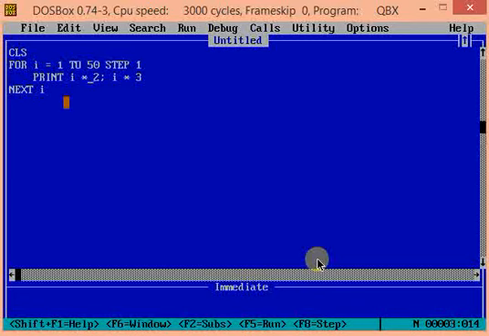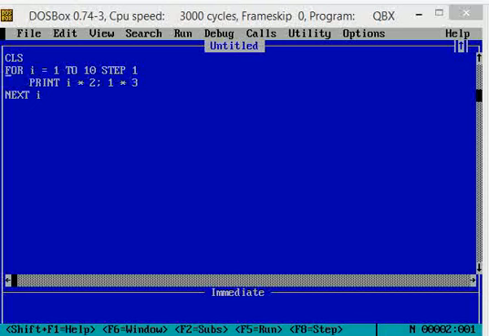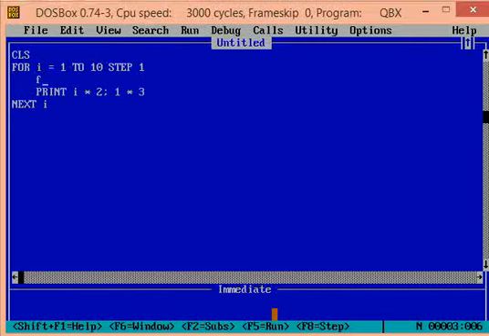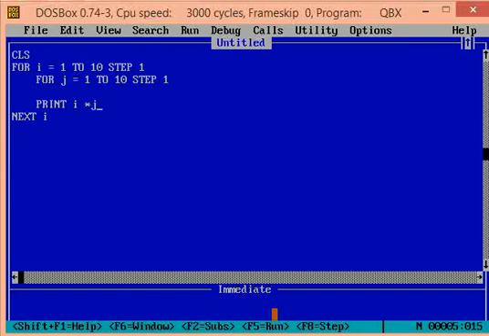Let's say I want to print the table from 1 to 10. This is simple. We can just write print statements like print I into 1, I into 2, I into 3 and so on. But 10 times I am writing that. Instead I can introduce one more loop inside the outer loop. Let's see how. For j is equal to 1 to 10, step 1, print I into j. Next j. And then we'll print a blank space so that the next printing continues from the next line.